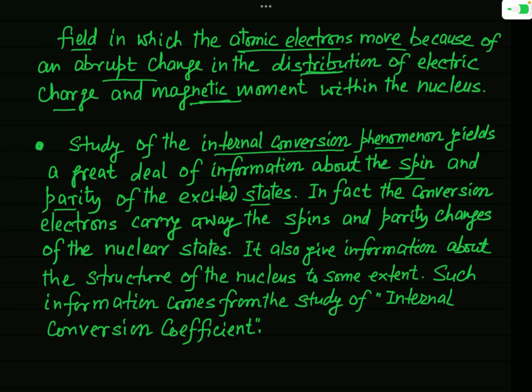In fact, it is seen that the conversion electrons, that is the electrons which get ejected, carry away the spins and the parity changes of the nuclear state. It means when a nucleus comes back from a higher energy state to a lower energy state, there will be a change in the total angular momentum, that is the spin of the nucleus, and there will also be a change in parity, and that change in spin and parity is carried by the conversion electron,